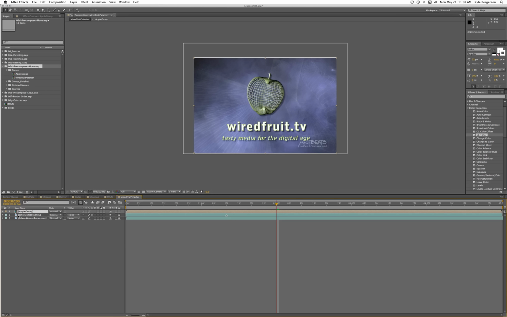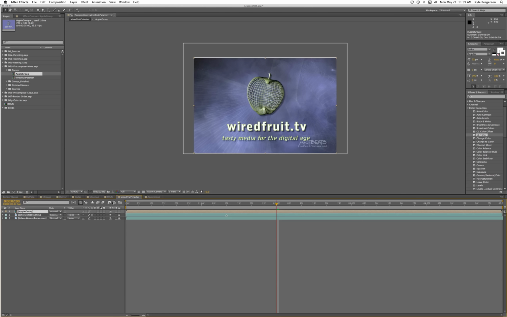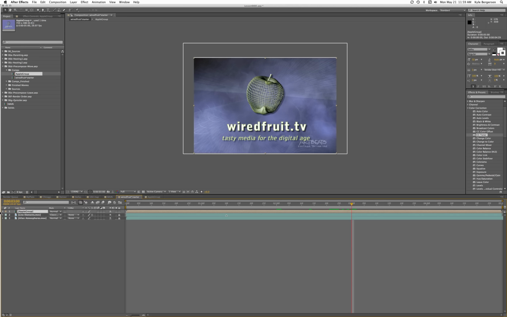So when we open it, I'll double click on there. We've still got those three layers that we can animate if we want, and it's the same timeline, this 5-second timeline. It's the exact same timeline as our master. So let's say if I move down to second 3 here, when I click on Apple Group, there we are at second 3. Okay, and so now what they want us to do is to just warp this